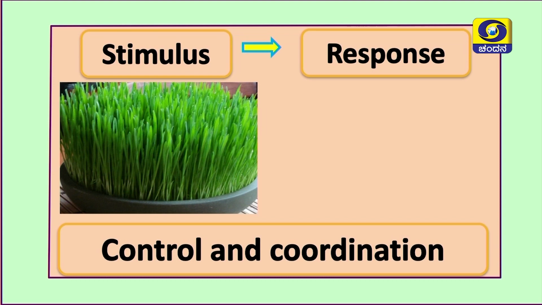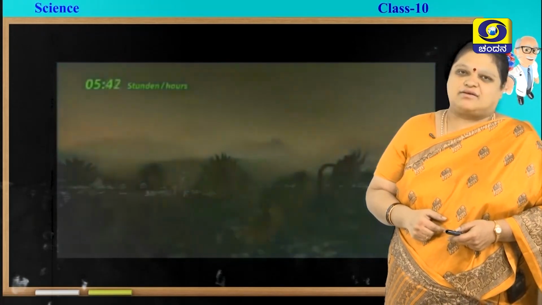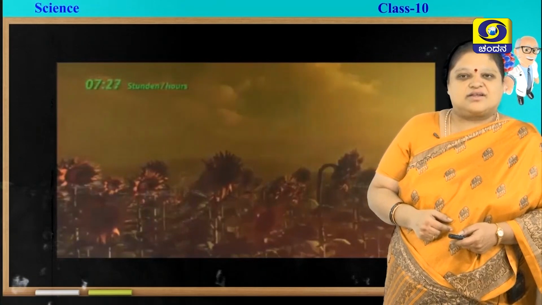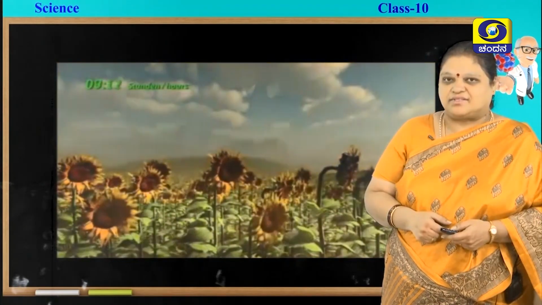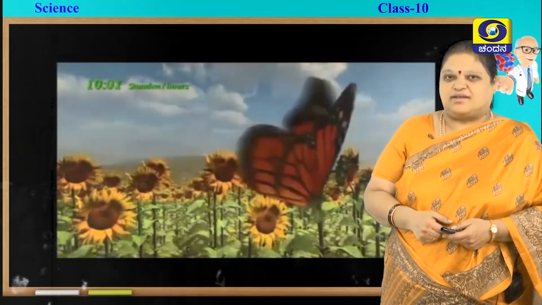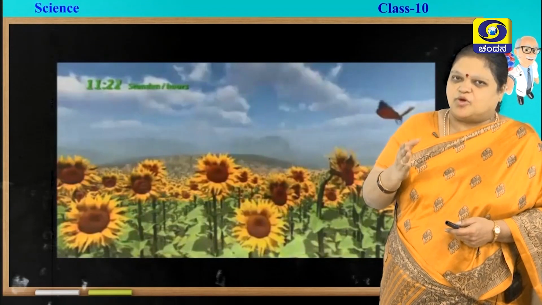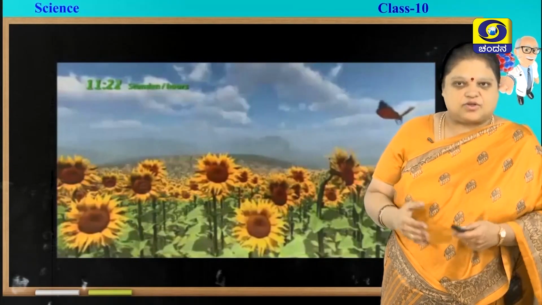And you have grown here some plants. After some days, if you keep it near the source of sunlight, they will slowly bend towards the light. So, all these are responding towards the stimuli. You can see here plants are moving towards the sunlight, that is sunflower plants. So, why do they move like that? For the sake of growth. So, every movement has its own purpose. So, it may be for the purpose of growth.